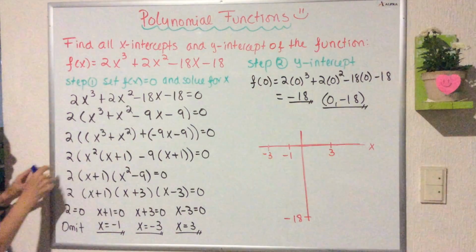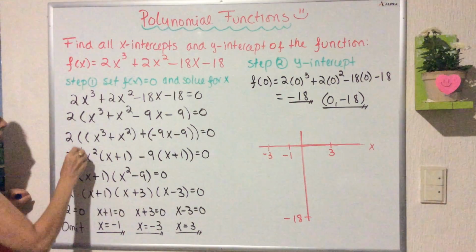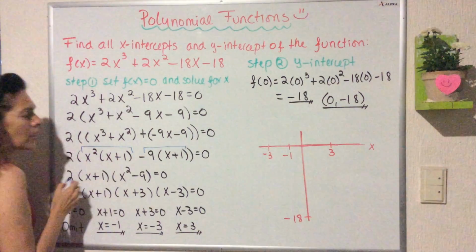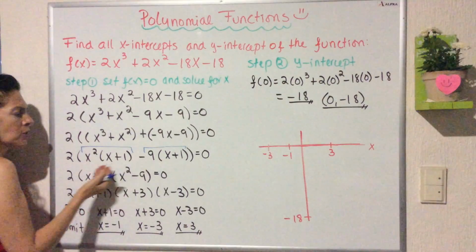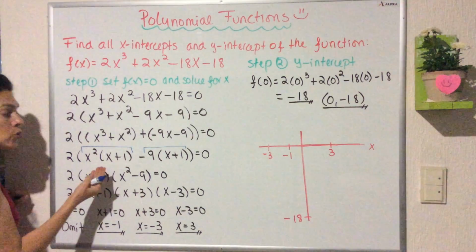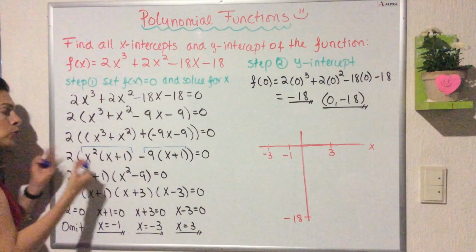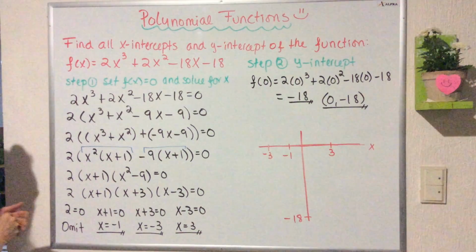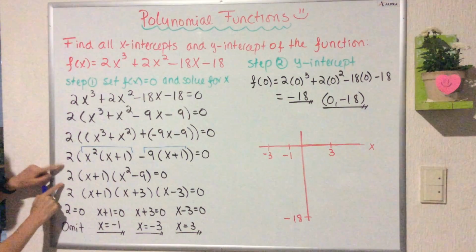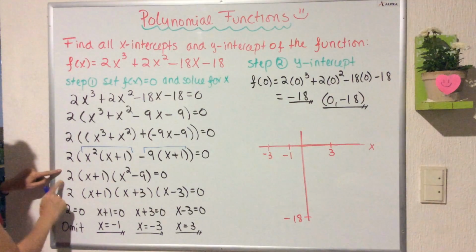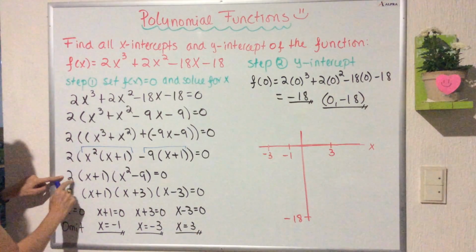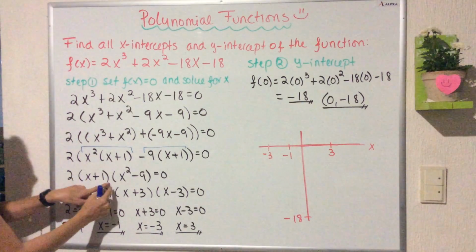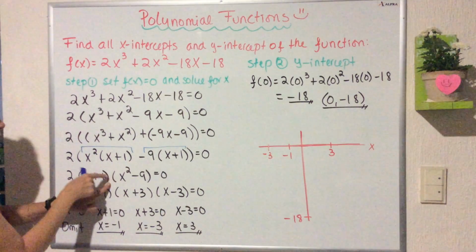So now, look, we have one term here. This is one term, and here we have another term. So which is the common factor between these two terms? X plus 1. So now we are going to factorize x plus 1 because this is the common factor, okay? And now we have 2, don't forget about the 2. You have to carry it always, always. So we have 2 times the common factor, which is x plus 1, times